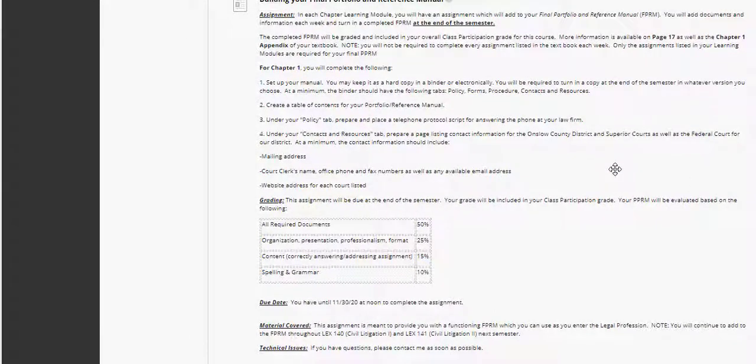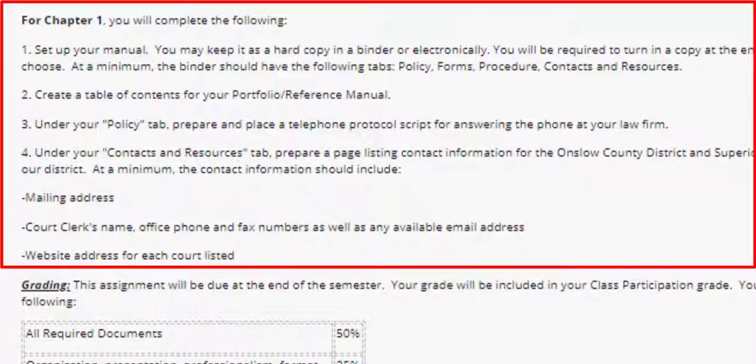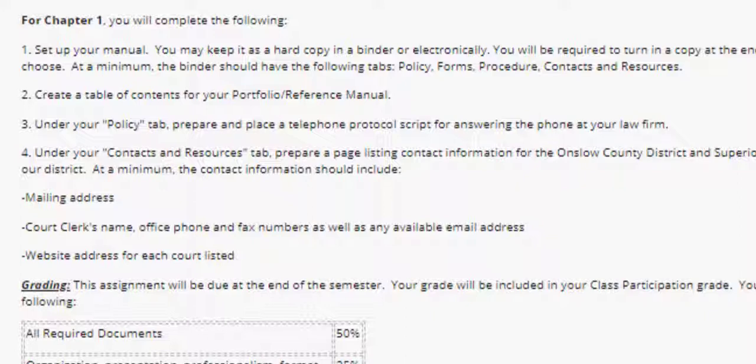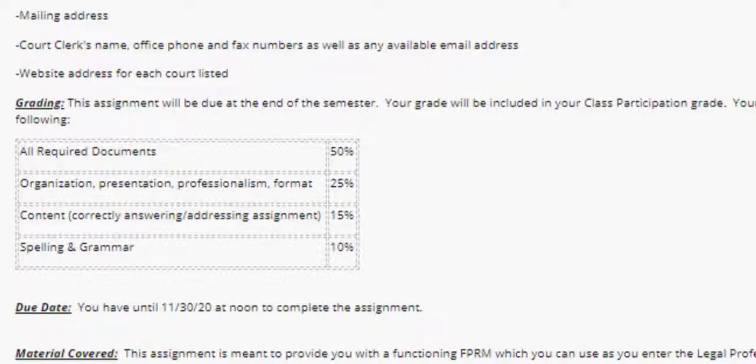Your final portfolio and reference manual is also due at the end of the semester. In each learning module, you will receive a series of tasks that help you to build this document. Along the way, you will learn about working in a law firm, our local, state, and federal court systems, and other valuable resources that will help you succeed as a paralegal. You will receive a grade this semester, but you will continue to build this folder next semester in civil litigation too. At the end of your time here, you will have a terrific resource to carry with you to your first job. These 2 semester assignments are pass-fail,